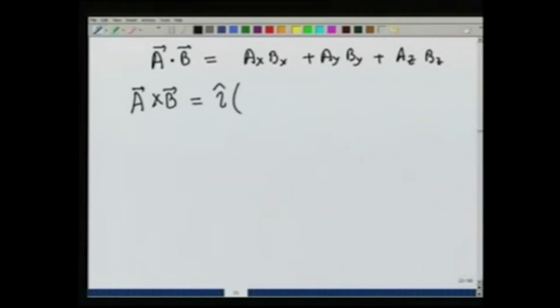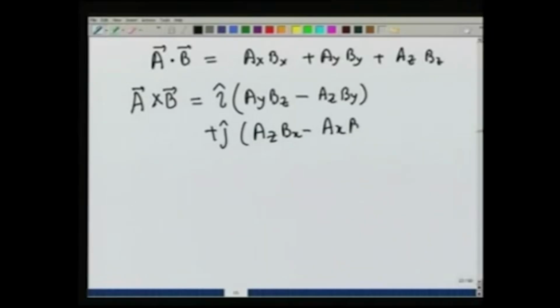a y b z minus a z b y in x direction, plus j times a z b x minus a x b z in y direction, plus k, the component in z direction is a x b y minus a y b x. But as I showed you on the last slide, there are